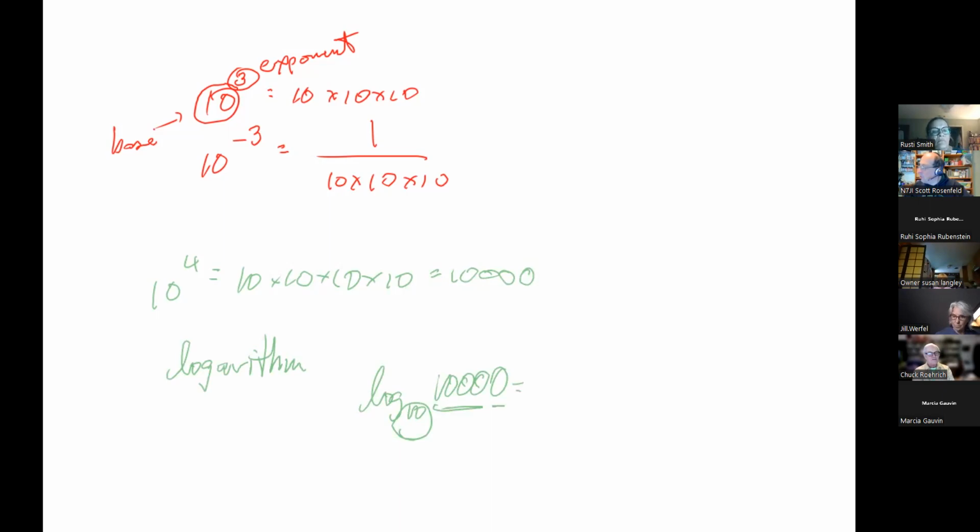So 10 to the what is 10,000? The answer would be 4. So the log base 10 of 10,000 would be 4. Those are just a couple of things that we need to cover in order for any of this to make sense. Okay, so now that we have that, we're going to look at prefixes